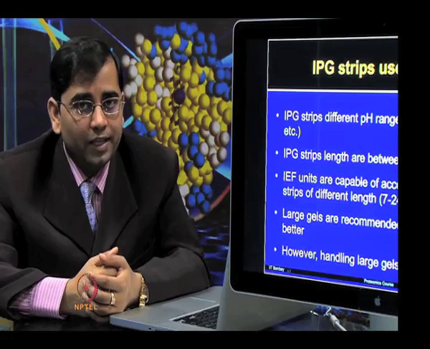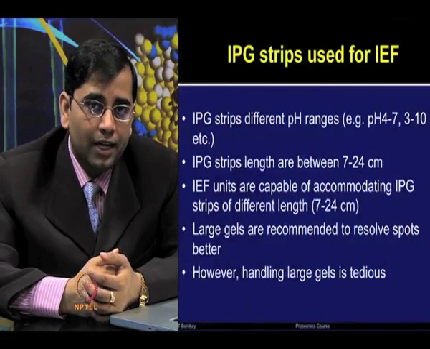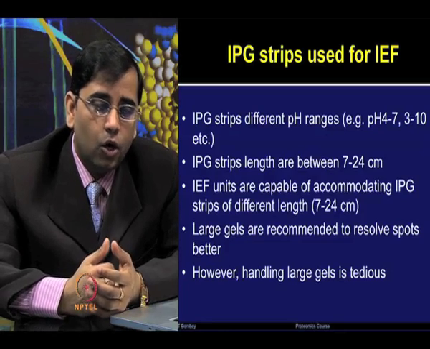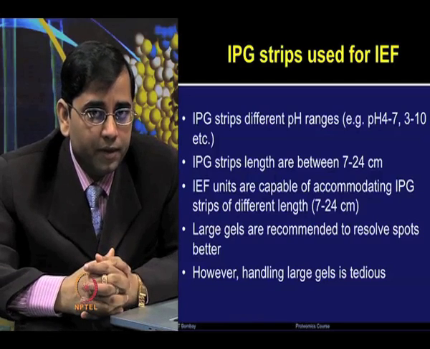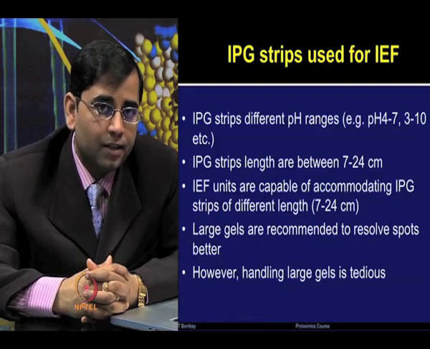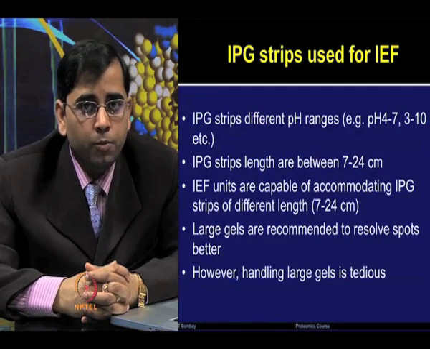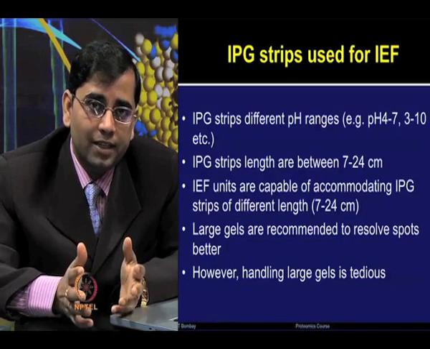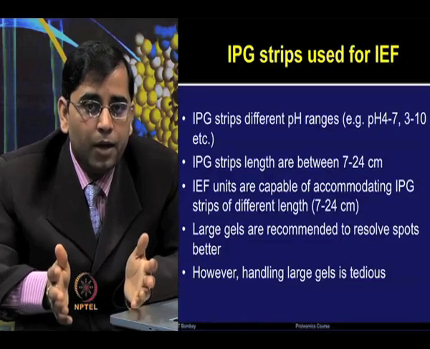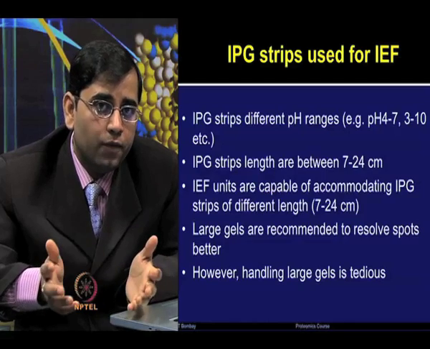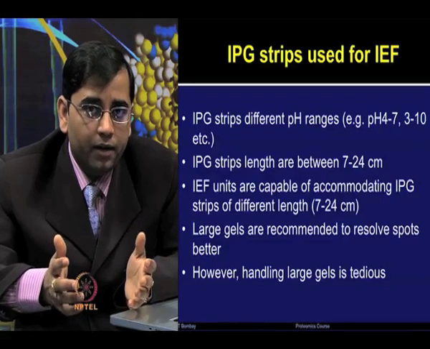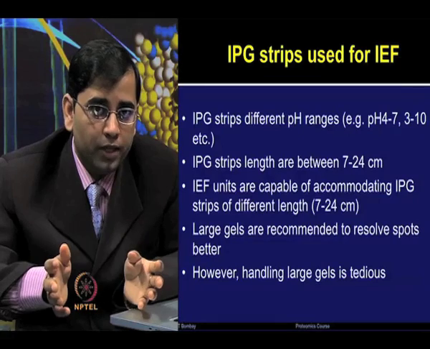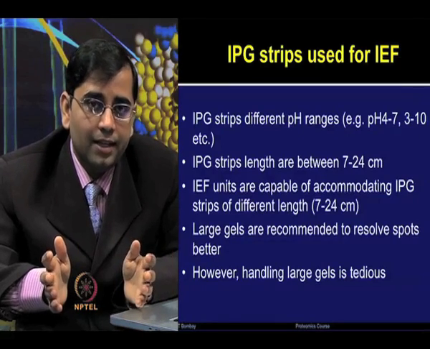Now, different types of strips can be used during the IEF process, whether it's a pH gradient of 4 to 7 or 3 to 10 or some other pH range. As I described in my previous slide, depending on your biological question, if you are mainly interested in separating the proteins in their biological pH range, then 4 to 7 could be a good choice, where you can have better separation of the proteins, but you may lose a few proteins which could be in the extreme regions of acidic and basic.